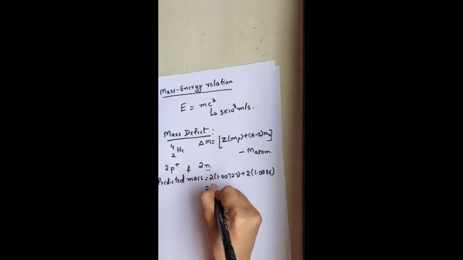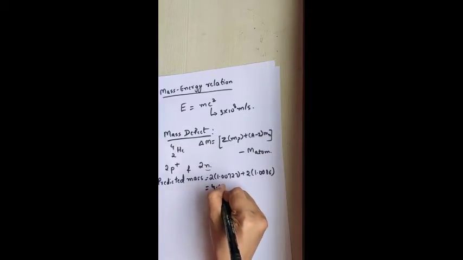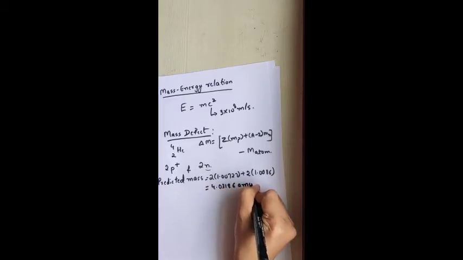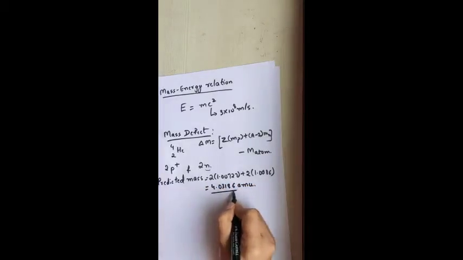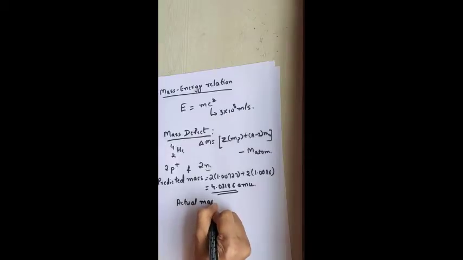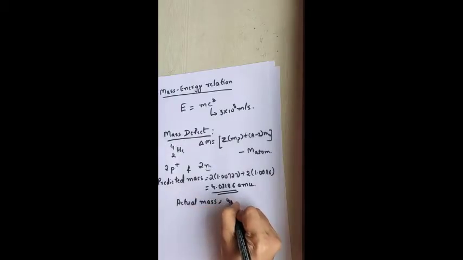So I will get the sum around 4.03186 AMU, right? So this is your predicted mass, but actual mass of this helium was found to be around